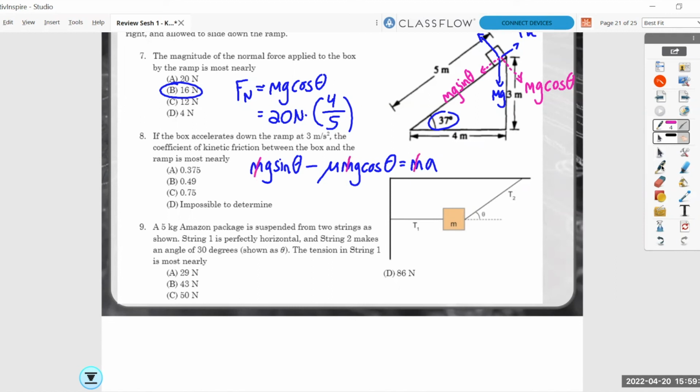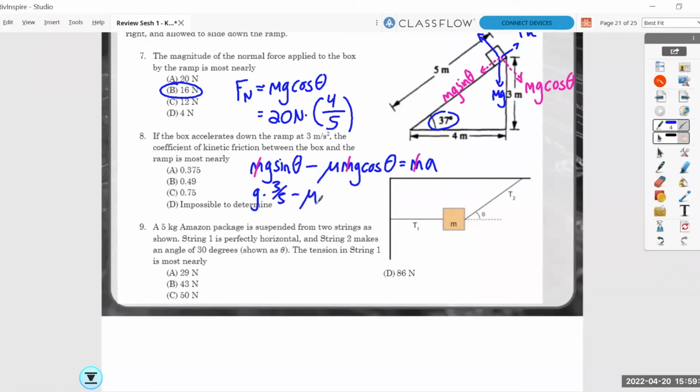So we can get rid of that. So let's take a look. G times the sine of theta. Again, I'm going to use this trick that sine is opposite over hypotenuse. So the sine of this angle should be 0.6, 3/5. So I should get G times